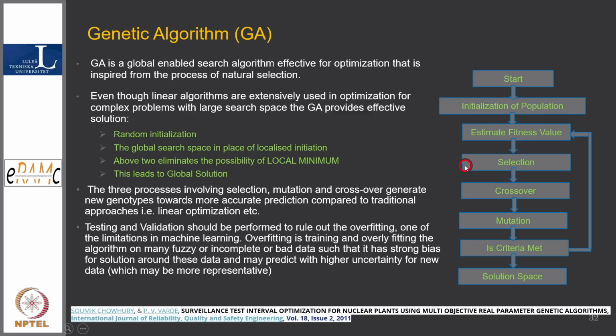We take these 3 natural ways: natural selection, crossover, and mutation. They are basically biological properties. That is how offspring are born and bear some characteristics from the parents. So it is between parents and child, and this technique is so useful in optimization. If we have an optimization problem where